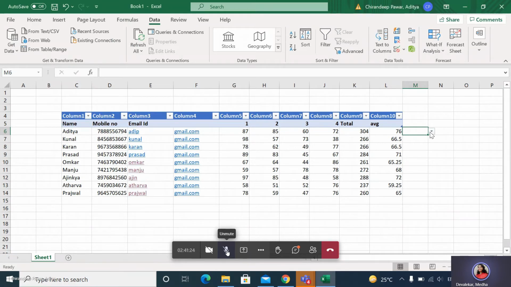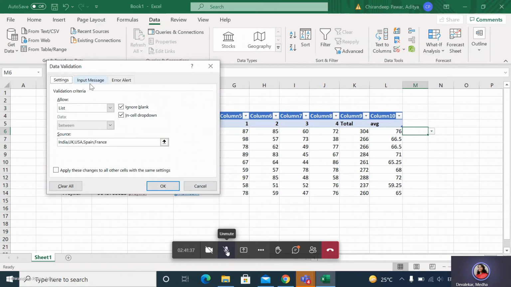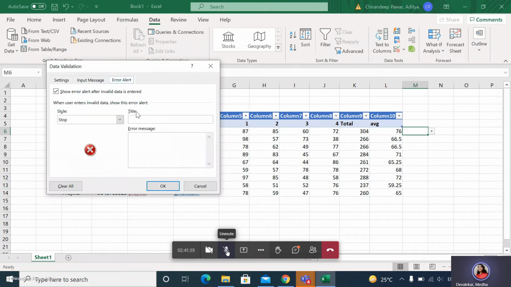But if you want to add some validation rule, again you need to go into that data validation, and there is something else like an error message. Go into that Error Alert. Here you can type the title and the error message, what needs to be shown if that rule is violated.